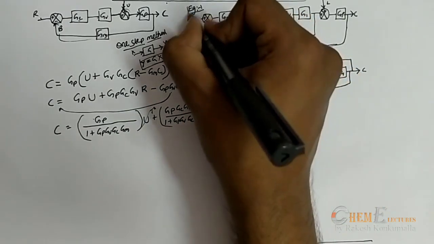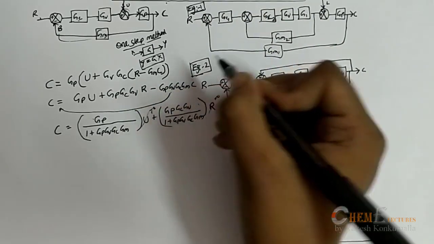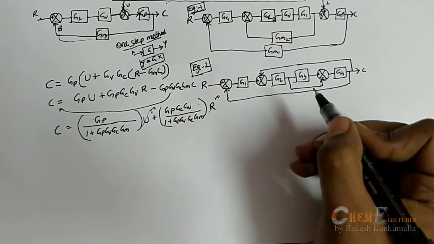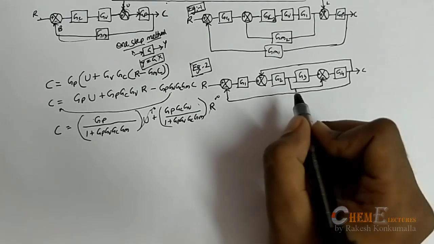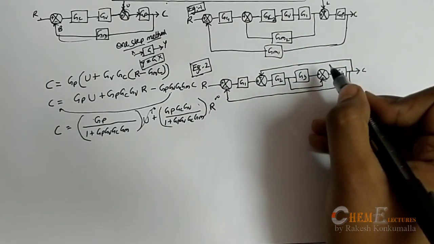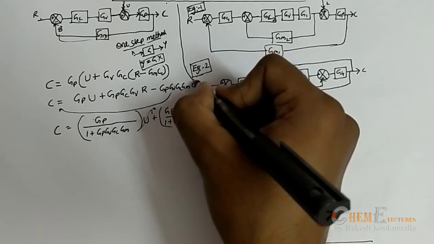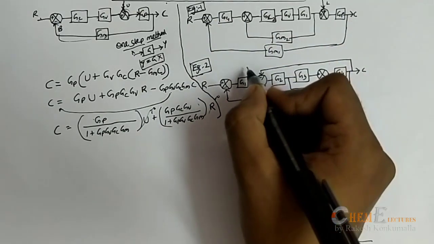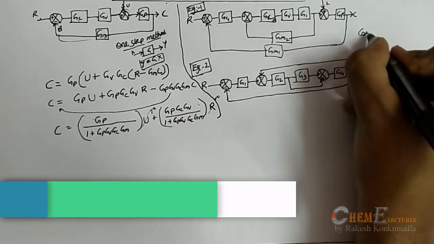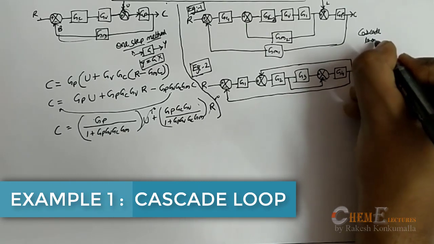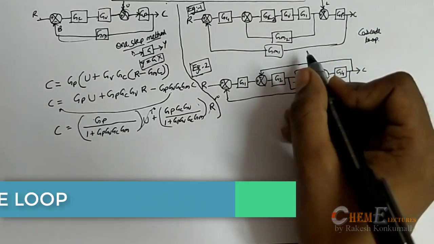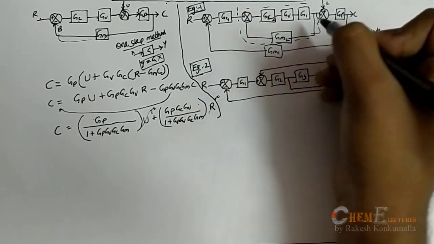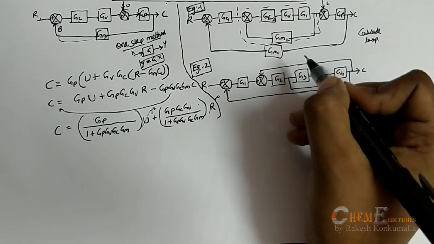Now coming to the two examples here. When you go through the advanced control strategies, which I will be discussing in my later lectures, you can find these type of control loops. Now, how to develop the transfer function for these? In the first example, we call this a cascade loop. If you observe carefully, you can find one feedback loop inside one more feedback loop. It is a multi-loop system.